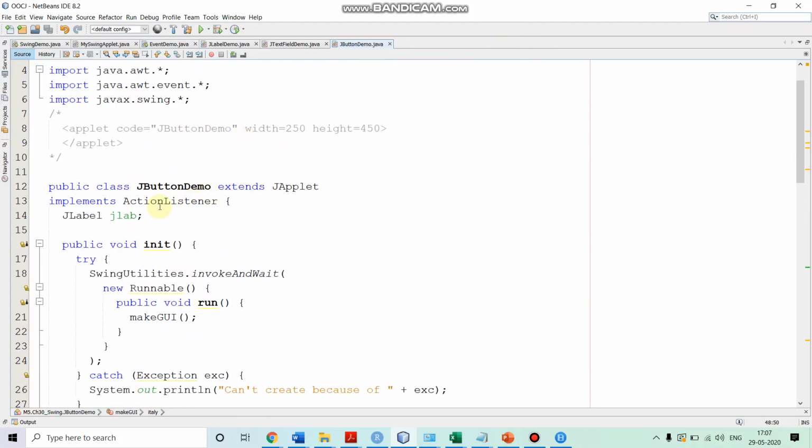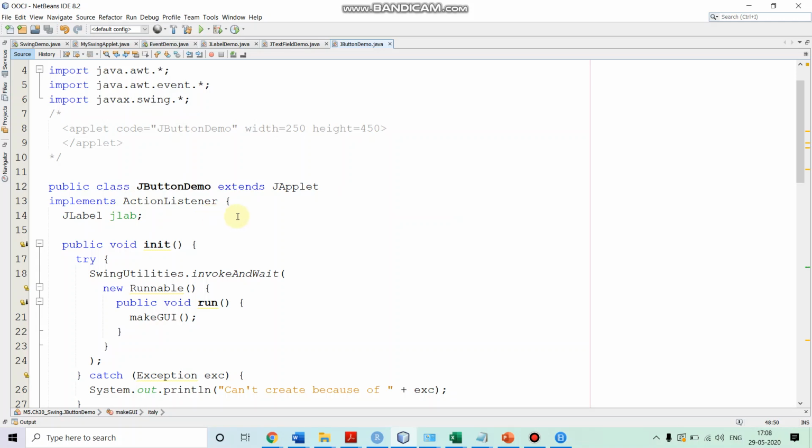We have our class name JButtonDemo. It's an applet class, so it extends JApplet. We are importing the necessary packages for event handling and for the Swing controls. Our JButtonDemo is also implementing ActionListener.